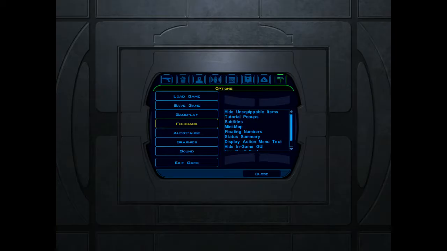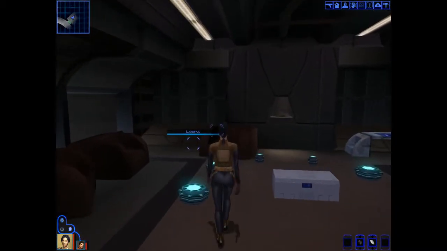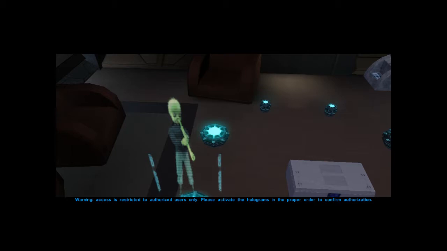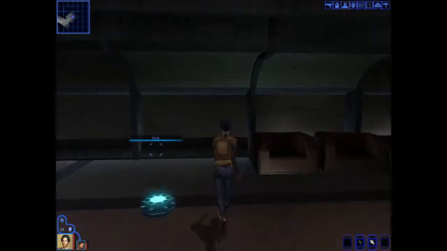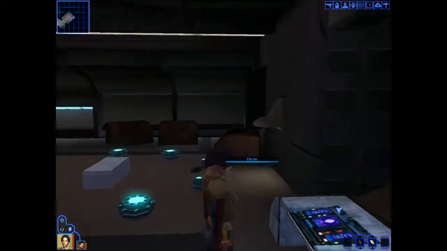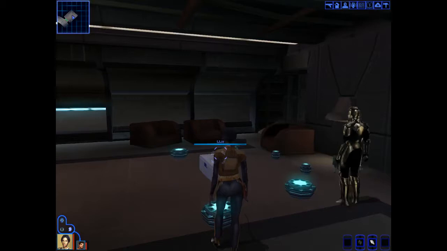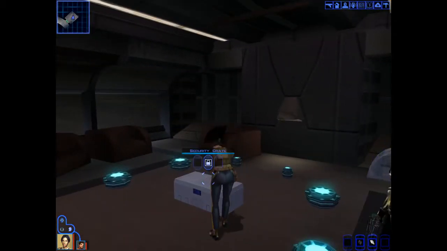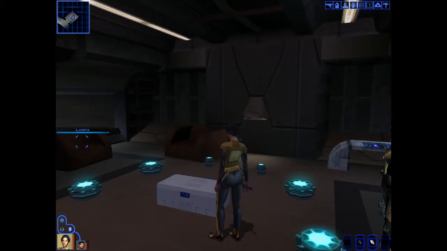Oh, this is interesting. So why am I doing this when I can quick save? The proper order. Uh-oh. What do we got? The Twisted Rancor Trio. Actually, I wonder if I can just do this. I highly doubt it, but... Yep. Uji, Ashana, Alinda, Uja, Lupa,